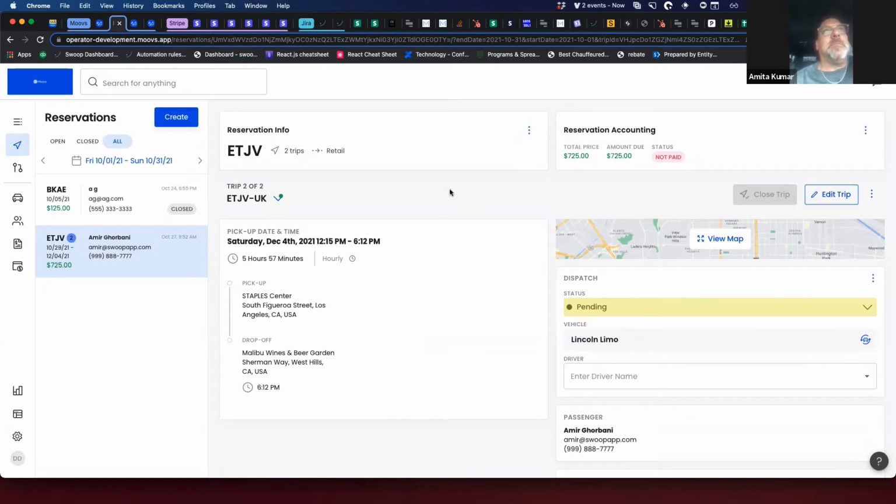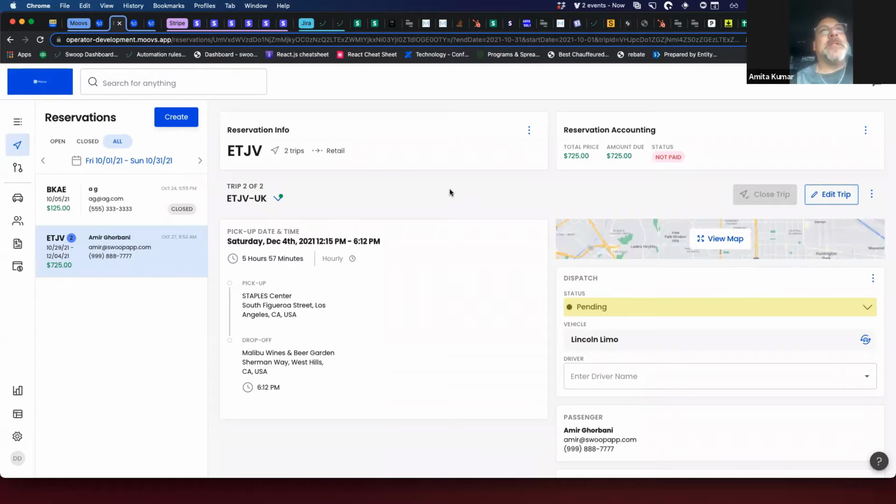solution to this moving forward is where you could go into the back end of the vehicle and specify which vehicle can do what on weekends. So, for example, a Cadillac Escalade can do a wedding transfer, but under wedding transfer selection, you would be able to put 3 hours or 4 hours or whatever your minimum is going to be. That way, if the person chooses wedding, they're going to get the hourly rate. If they choose airport, they're going to get an airport rate. If they choose concert, they're going to get an hourly rate. If they choose dinner out, they're going to get an hourly rate.